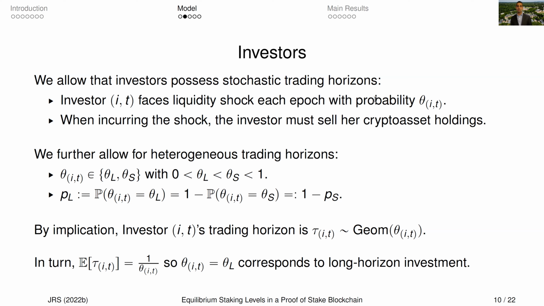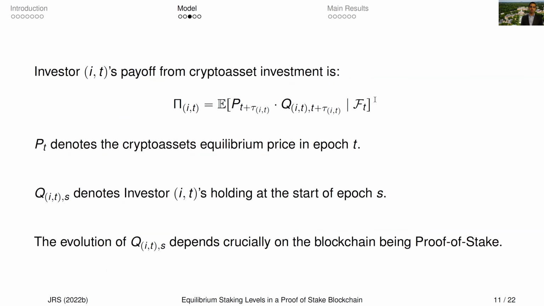They're effectively value investors, whereas the investors with theta S are trading in and out, and they are, for example, day traders. So we have short horizon investors and long horizon investors, and stochastic trading horizons. Okay, so as I was saying, one of the most important pieces in the analysis is figuring out what the